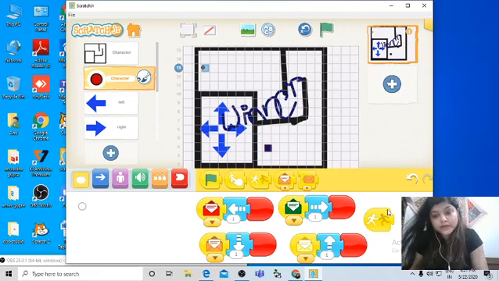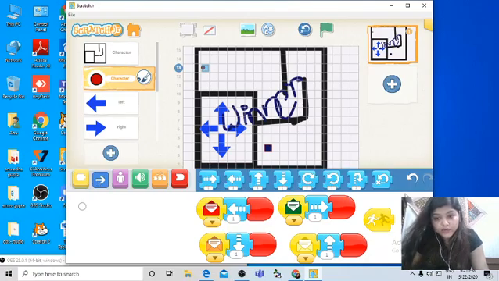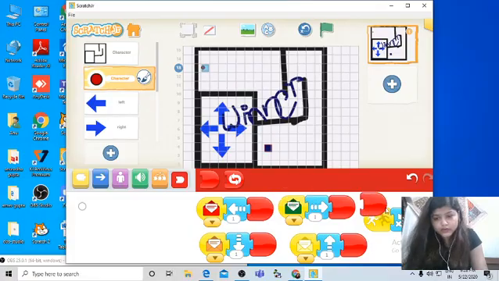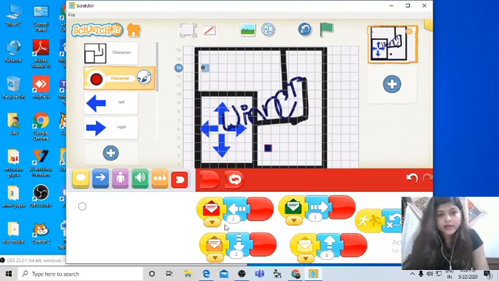This block represents when the character touches another character, some action will be performed. What action do we want to perform? We want to reset the position. From the motion block, you can choose go home, right? And from the end block, you can choose this end, right children?